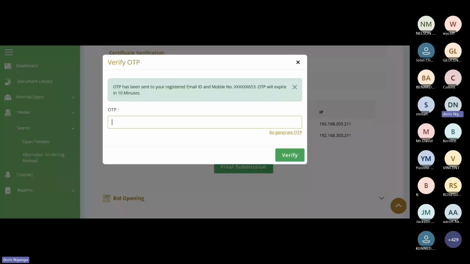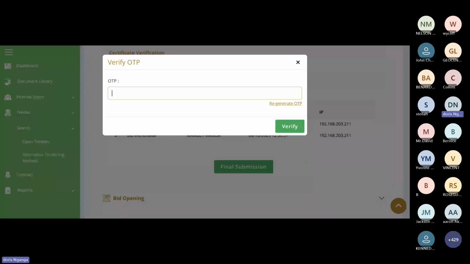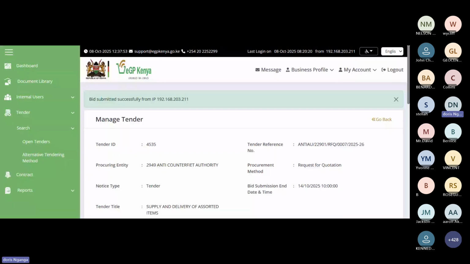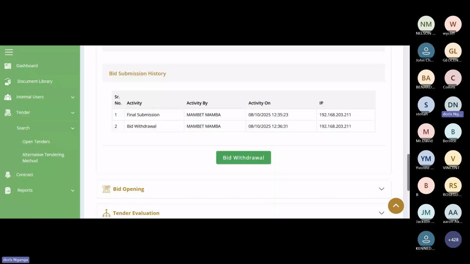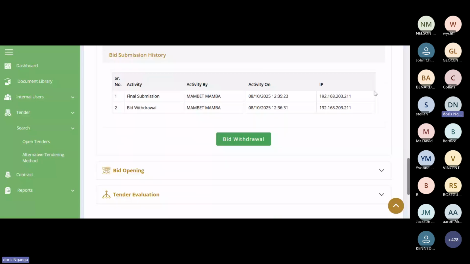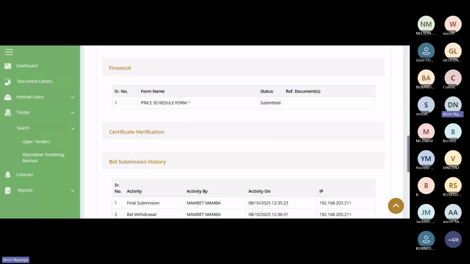As I wait for my OTP, it will be on phone, as I said, or in your email, and I give my OTP, and then I verify, and it says I have been able to submit the bid successfully. So if I go back to my final submission, it's giving you a history. So once I'm satisfied, I have bidded the document, it's now with the procuring entity.